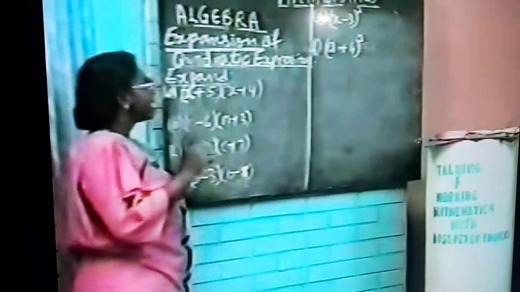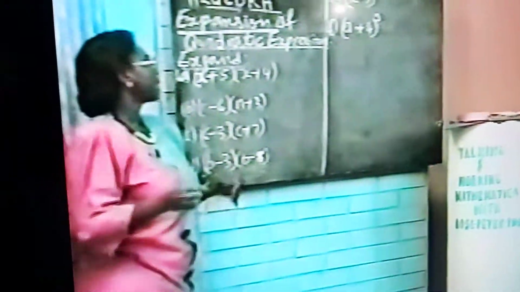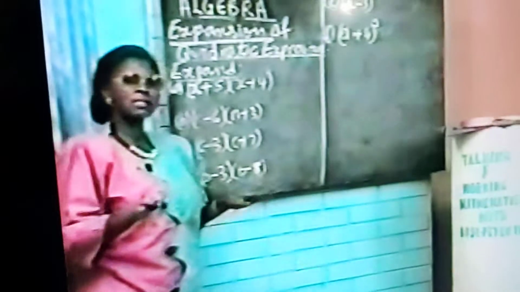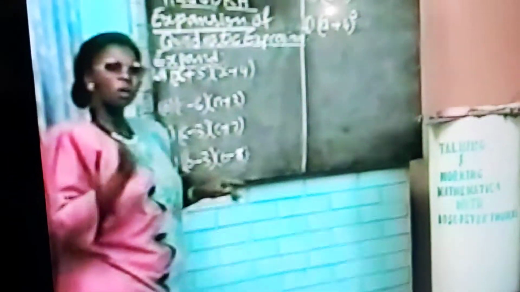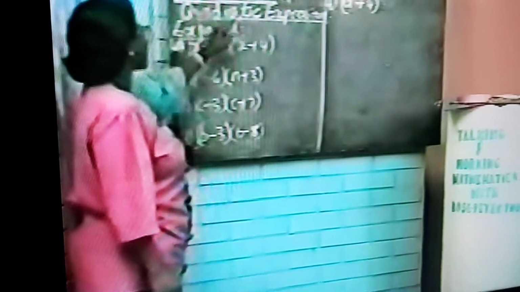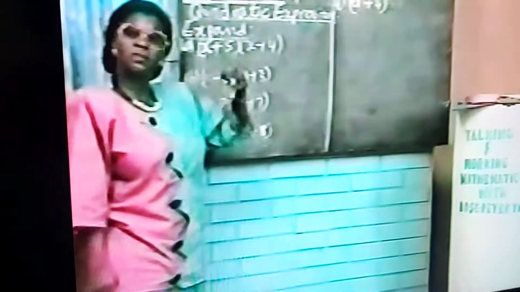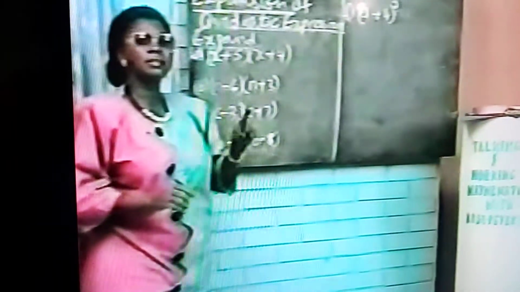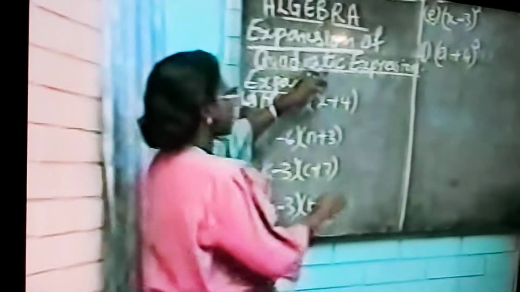When we were discussing linear equations, I told you none of the letters have any power except power 1. They are all linear. But in quadratic, the word quadratic simply means something raised to power 2. That is an expression in which the highest power that exists is 2. The general form of a quadratic expression,